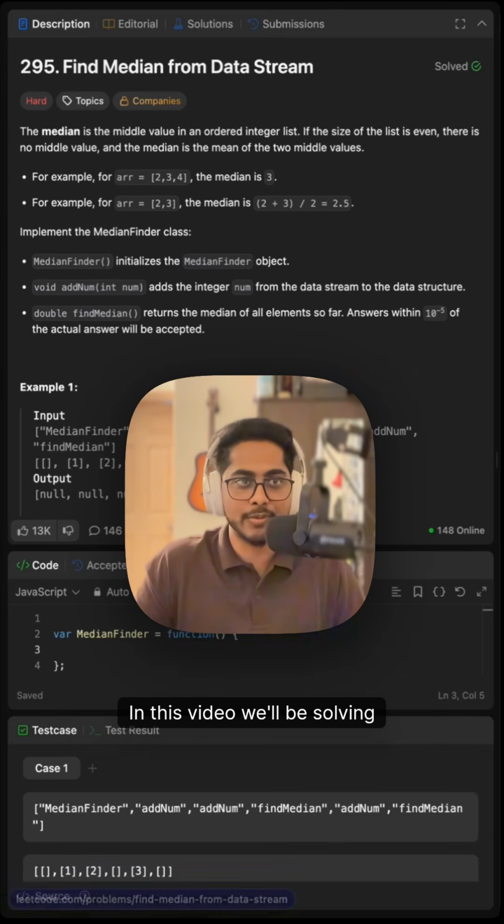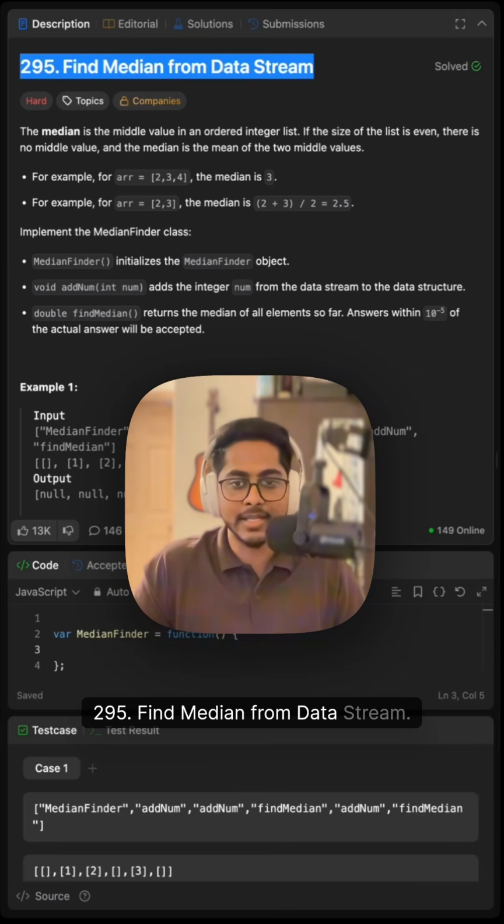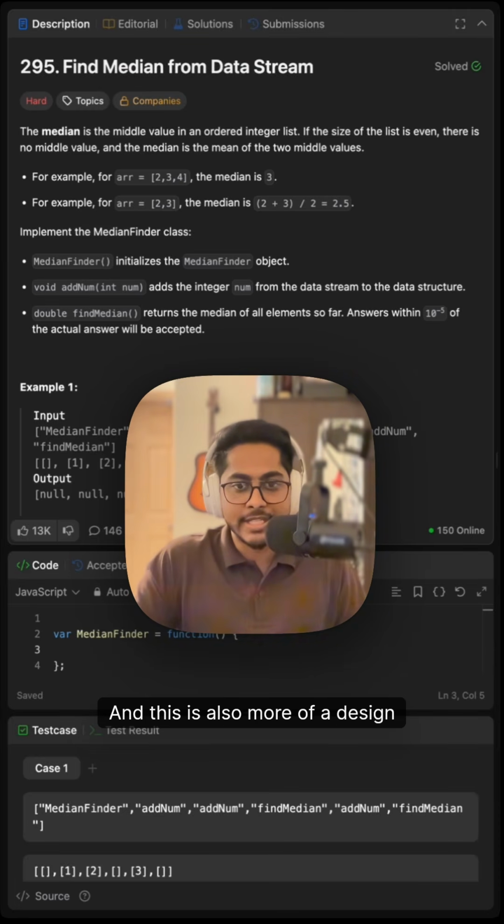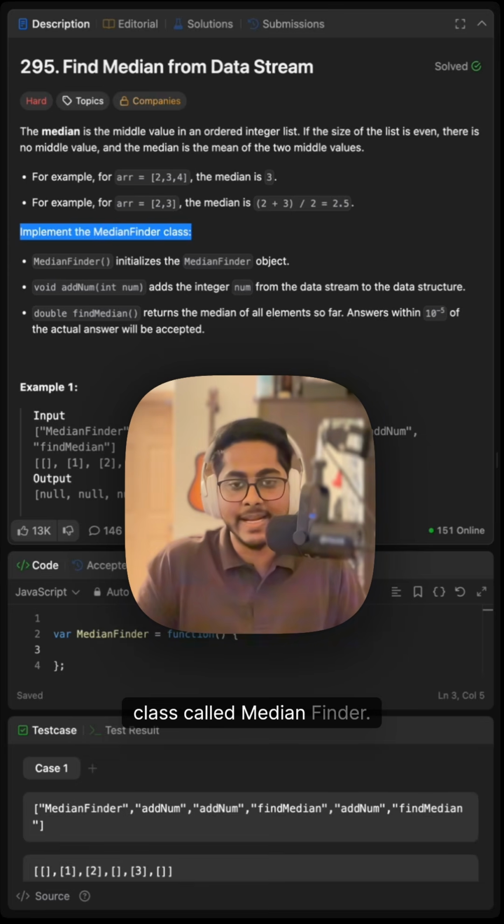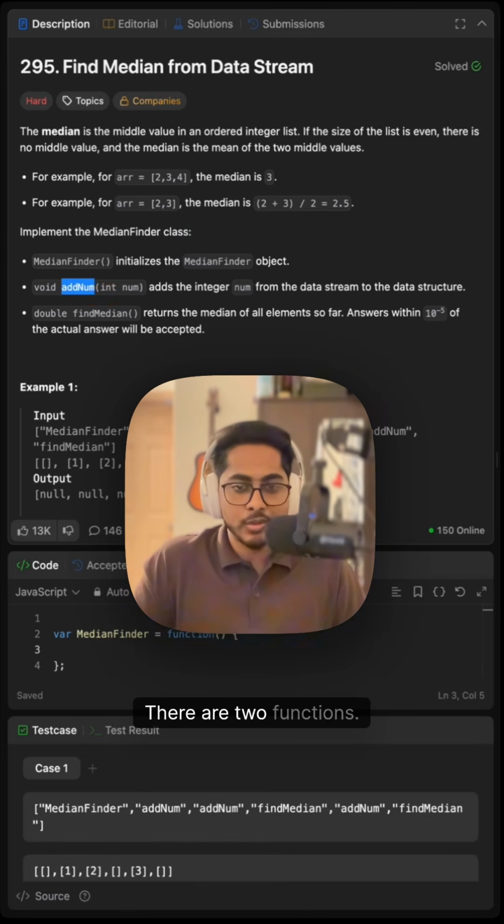In this video, we'll be solving 295, Find Median from Data Stream. This is also more of a design problem where we will have to implement a class called MedianFinder. In this class, there are two functions. First one is addNum. We are given an integer num as input. We have to store it, and whenever we call the function findMedian, then we will have to get